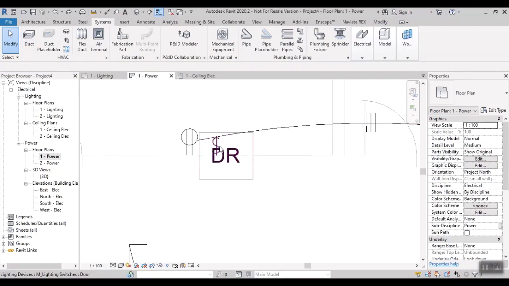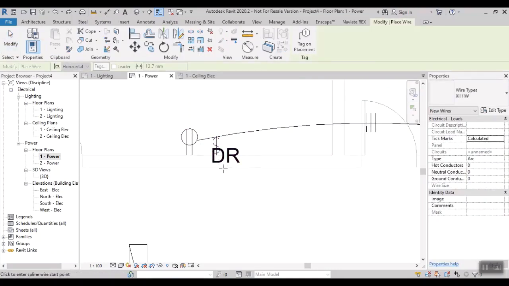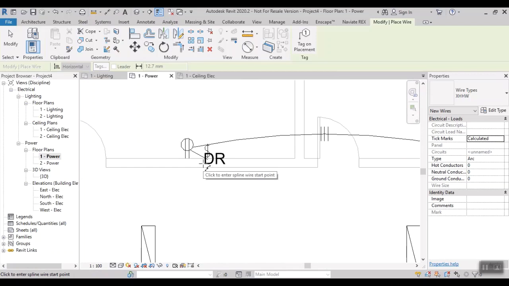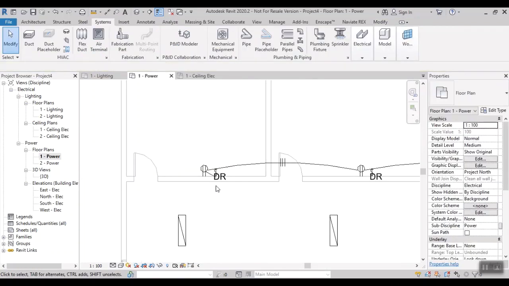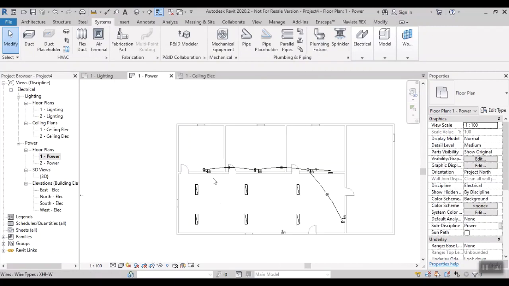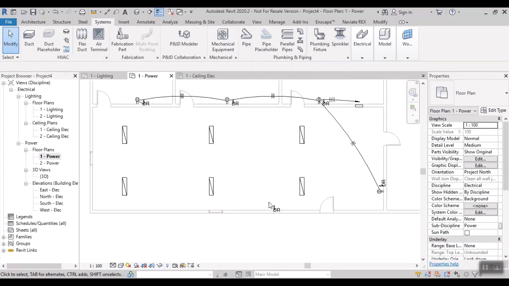Okay, we have one method. Directly go to the electrical tab. In that we have a wire option, arc wire, spline or chamfer wire. I'm using a spline wire. Just hold on the switch and it's showing the wire connection, select your switch and just hold on your receptacle. It automatically creates a wire. So in this situation, we have to provide it manually. If we are not having an automatic connection, for receptacle to switch, we have to provide a manual connection. Okay, right. So next thing is we have to provide the connection for this switch and 6 lights.